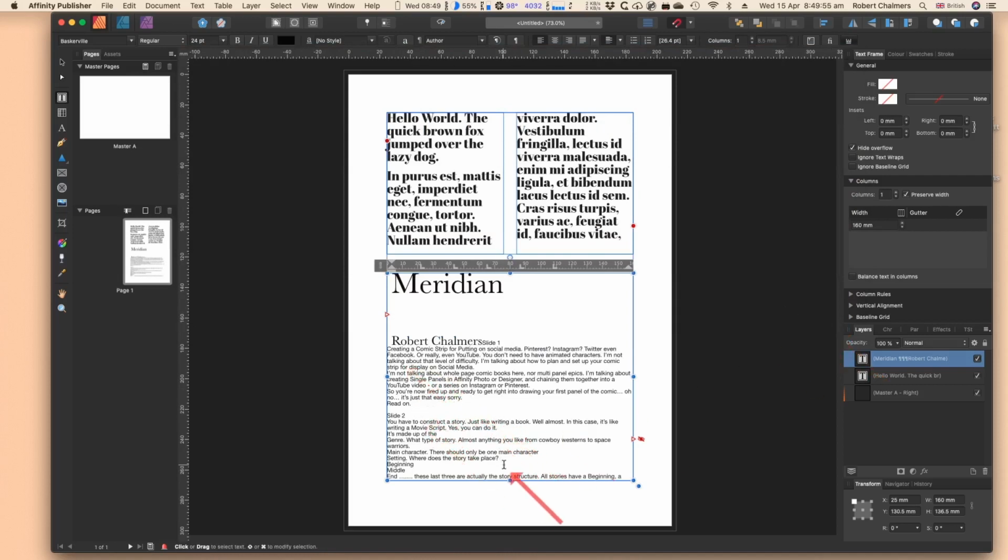There's a lot of text in there, different format. It's just imported it straight over the top of that. Now you can see that it's overflowing the text. What I'm looking for is,